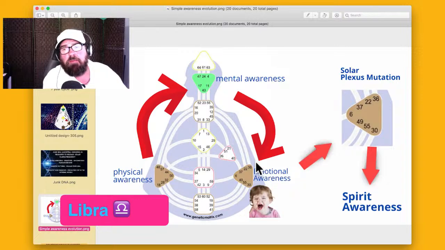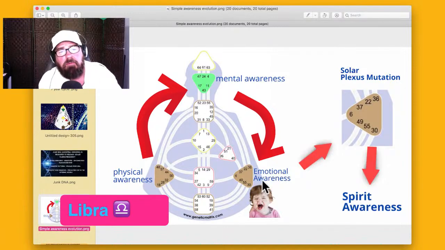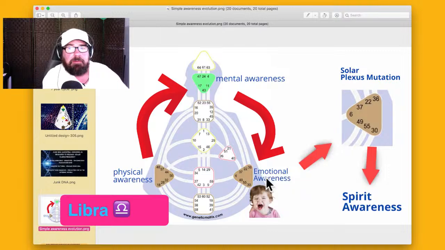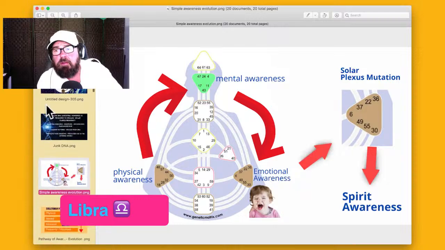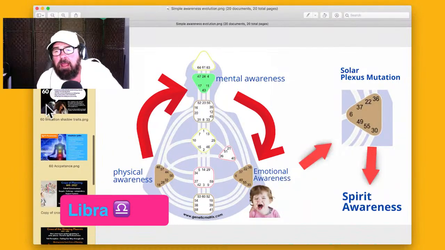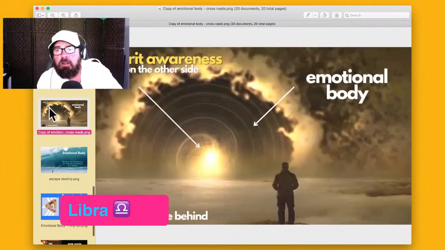So Capricorn in the 4th house. Capricorn's got no time for emotions. Capricorn's got no time for this, right? I got to get food on the table. I got to deal with all these fires and these stresses of life. I got no time for this, right? What's that going to give me? That's what Capricorn says. Well, now it's going to give you a lot, because this is our evolutionary process that we have to embrace the emotional body.